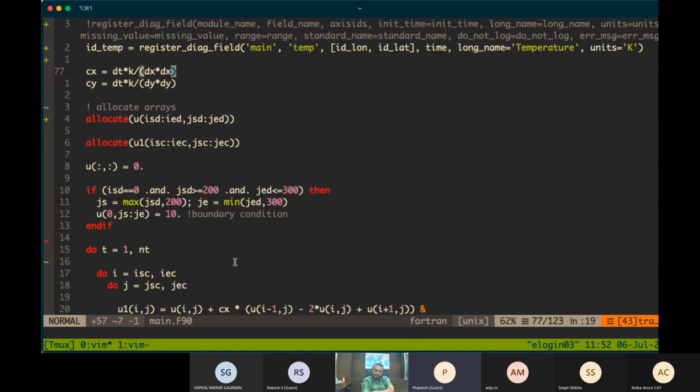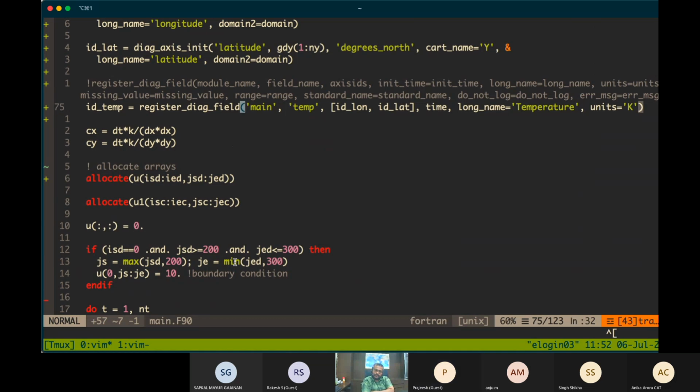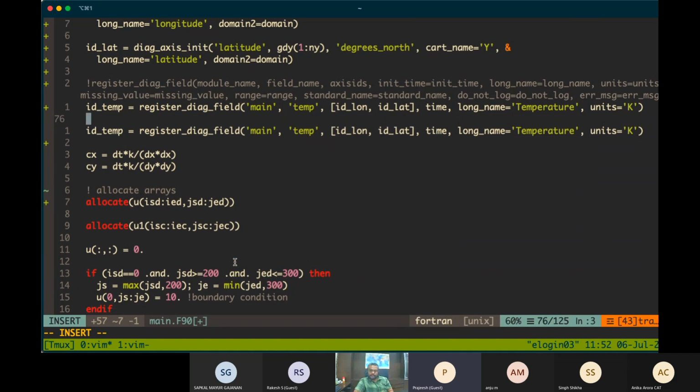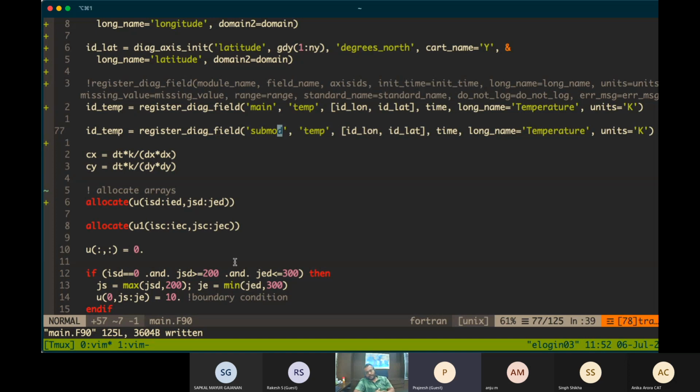And now, let's say I am defining another variable in another module, and I have the temperature variable there also, but now the name is something else. You can define that variable with the same name temp.